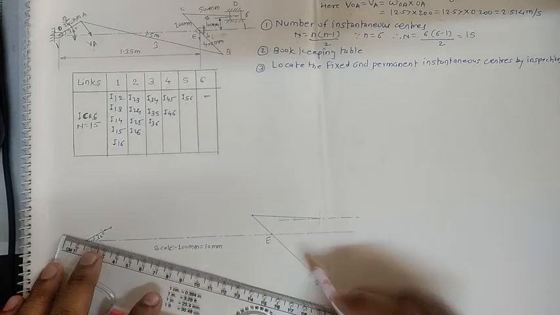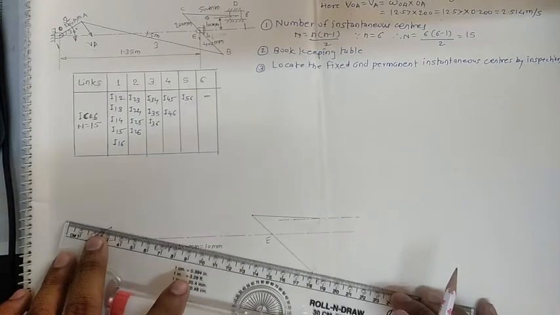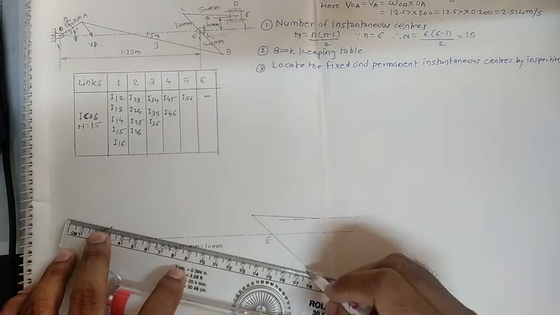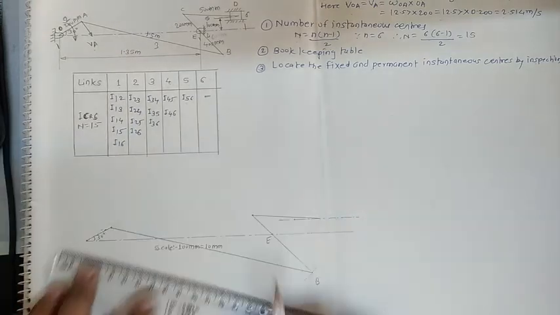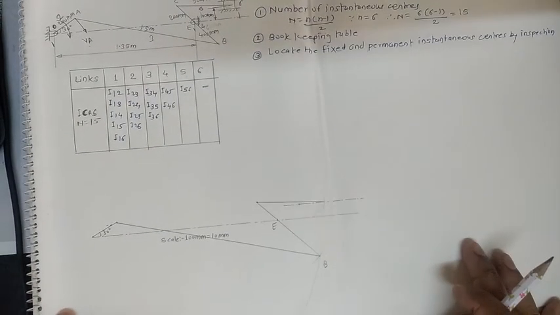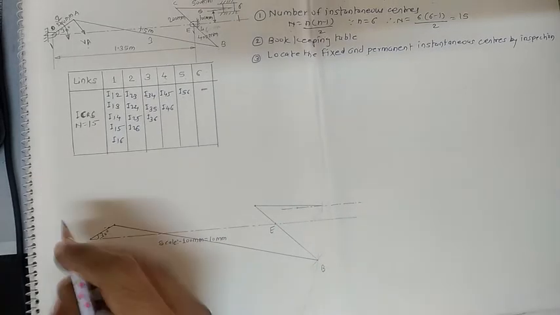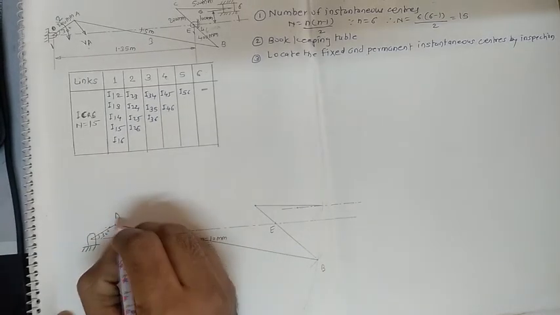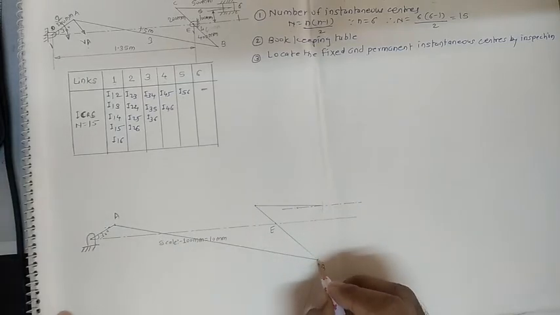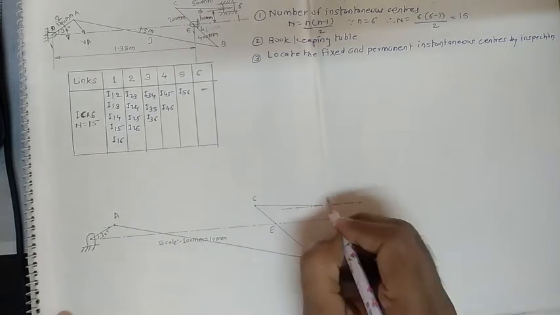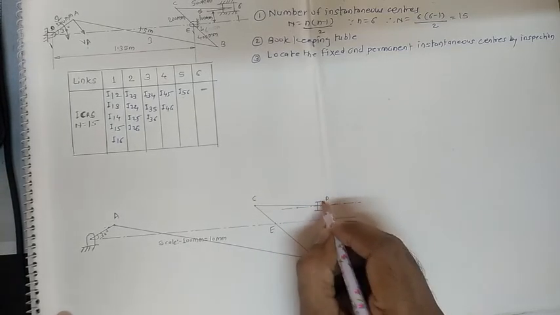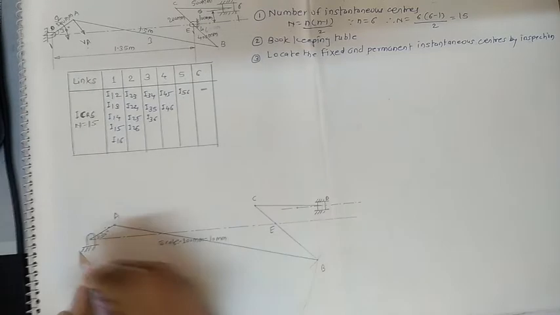Here the B point is already with us, okay. Let us join both the points, this point and this point. Once we join this, here is the diagram in front of you. Now give the name for every point. This is nothing but the fixed one. This indicates the fixed link. Here we get the A point, here the B point already written, here is the C point, here is the D point. Okay, so here is the slider with us, and here is the fixed link with us.